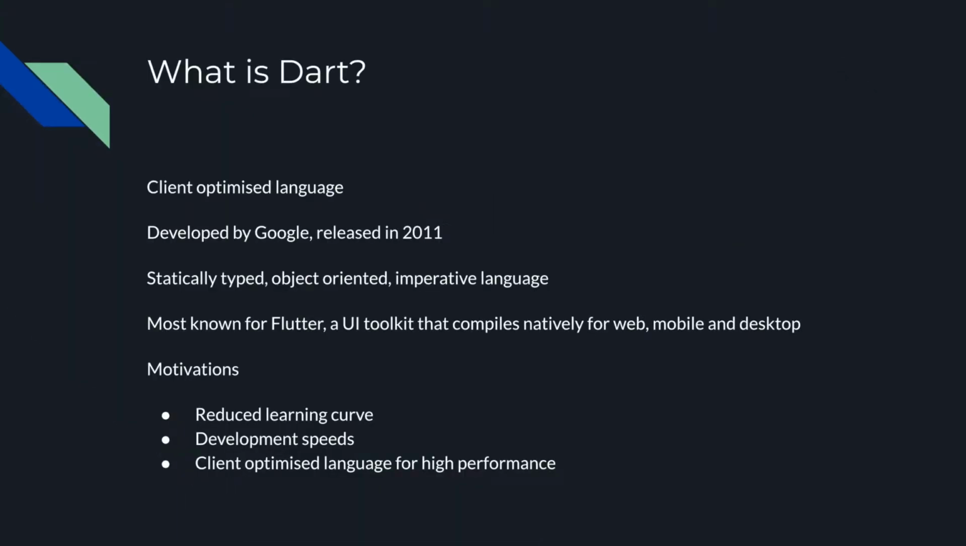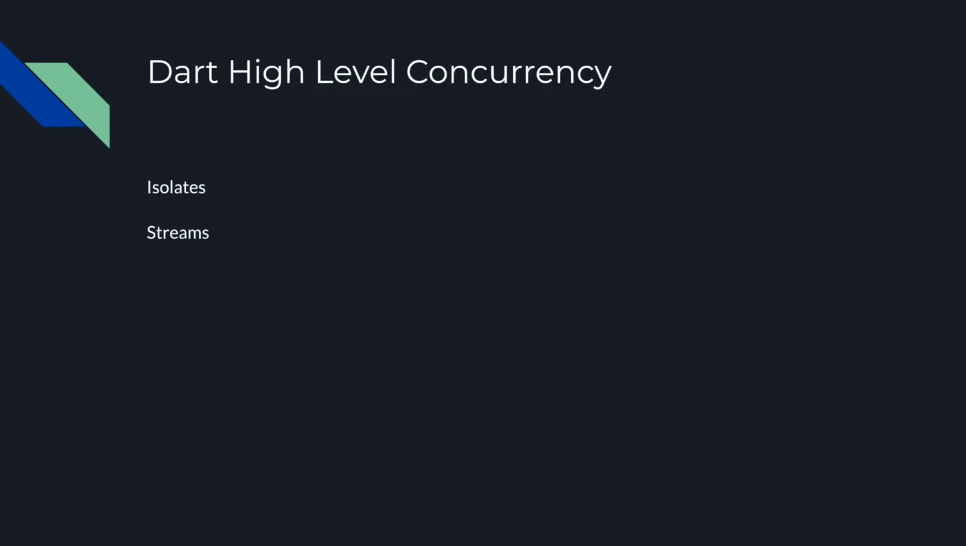What is Dart? Dart is a client-optimized language developed by Google and it's most known for Flutter, a UI toolkit. The high-level concurrency features we're going to talk about are isolates and